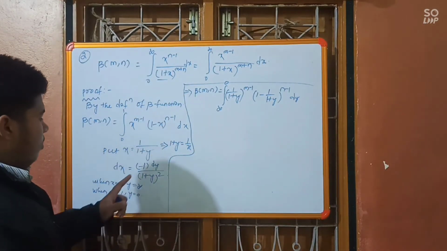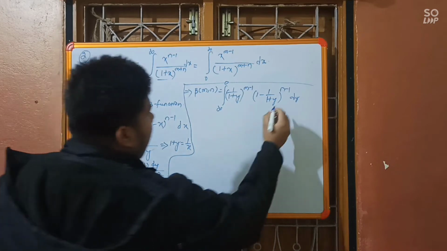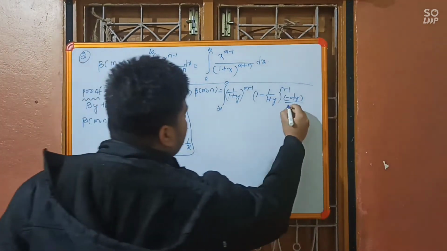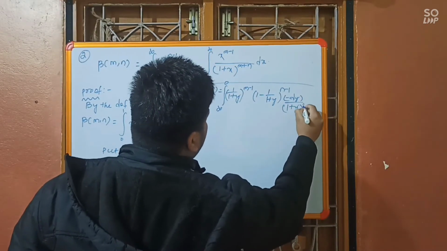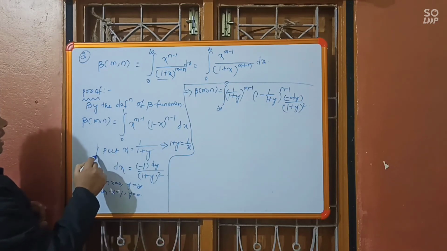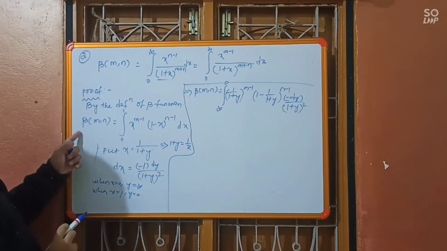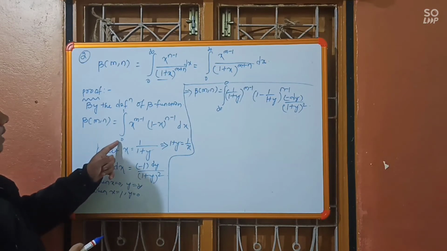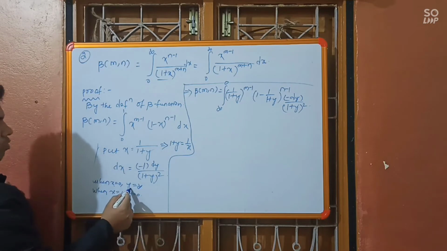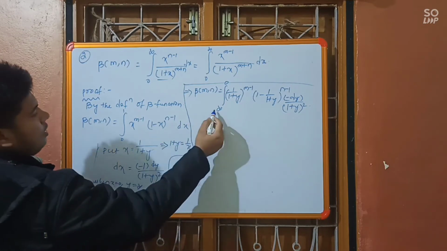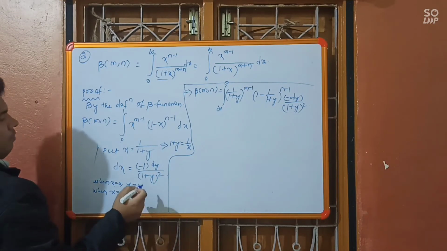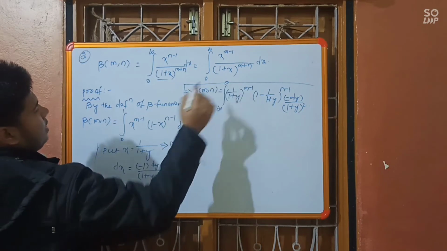Okay, now minus dy by (1 plus y) whole square. Again, these values we can put here. So beta mn is equal to, in the place of the limit from 0 to 1 we can put, that is, when x is equal to 0, y is equal to infinity, so we can place 0 to infinity, and again when x is equal to 1, y is equal to 0, so in the place of 1 we can write 0,